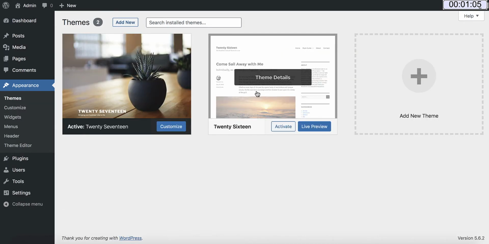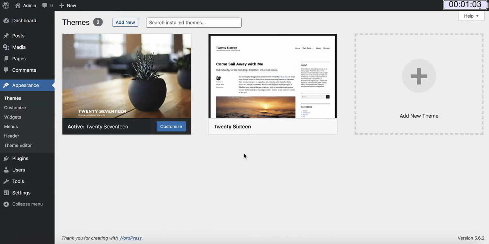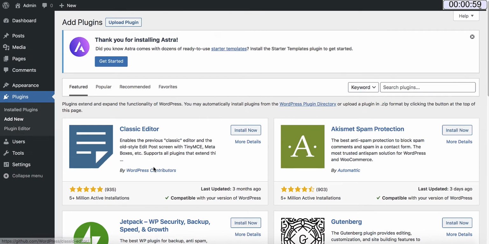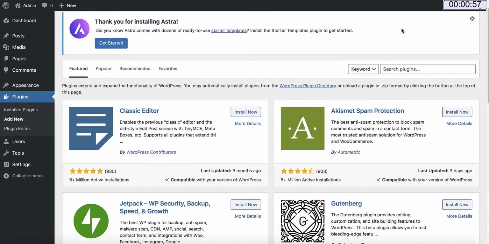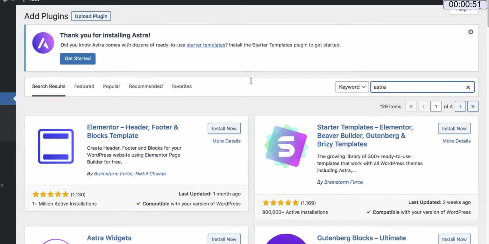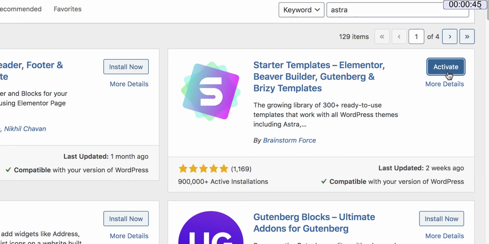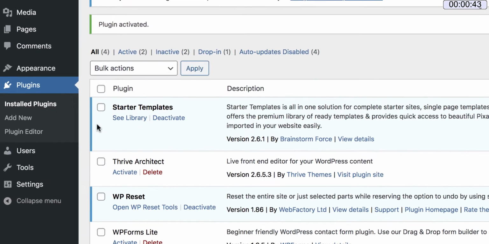All right, now we need to install a plugin for our website. So hover over Plugins and click on Add New. Plugins are basically the functionalities that are added to your website. And here, search for Astra. And this is the plugin that we need to use. Click on Install Now and activate. And here, click on See Library